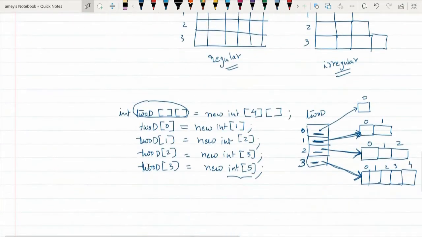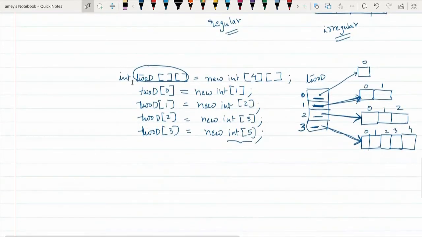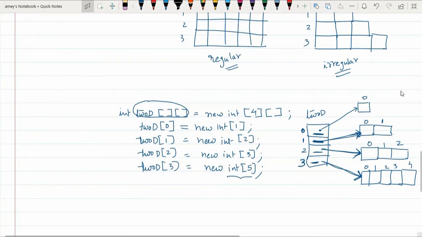Similarly, right now when I created int 2d = new int[4], all these allocations are actually present in the heap. But the 2d array itself, which is nothing but a reference name to these actual arrays, is not present in the heap. This reference name is present in the memory area, which is another storage area. Is it clear?